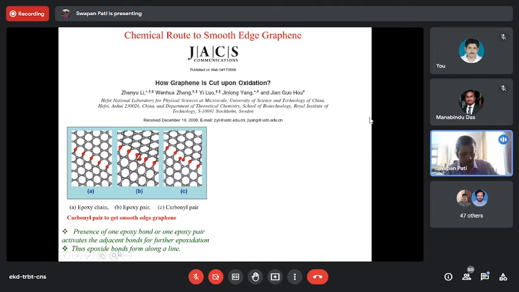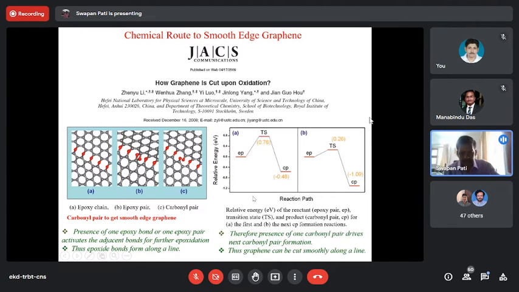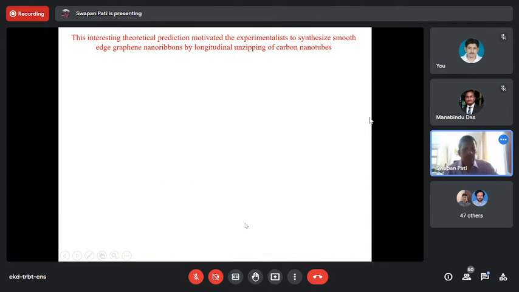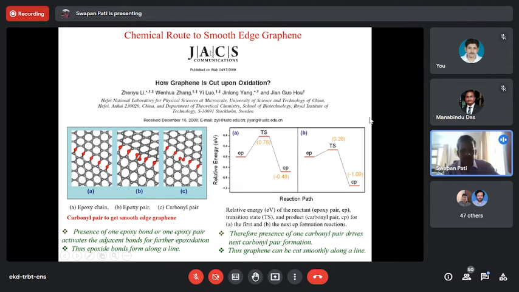The epoxide bonds form along a line. And these are the energy differences, in electron volts. The interesting theoretical predictions of this paper in 2009, Jack's paper, 2009,